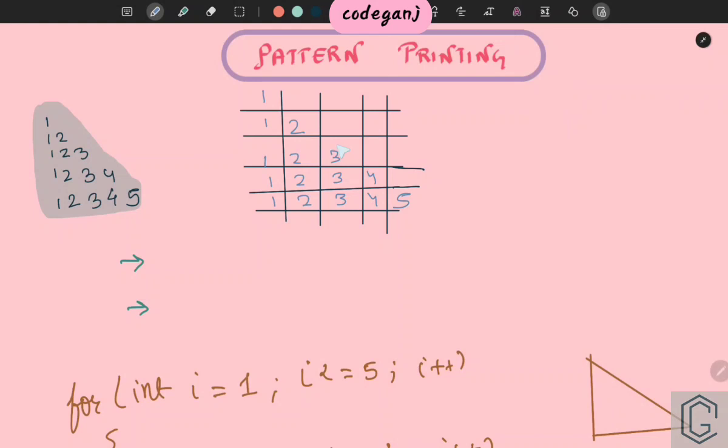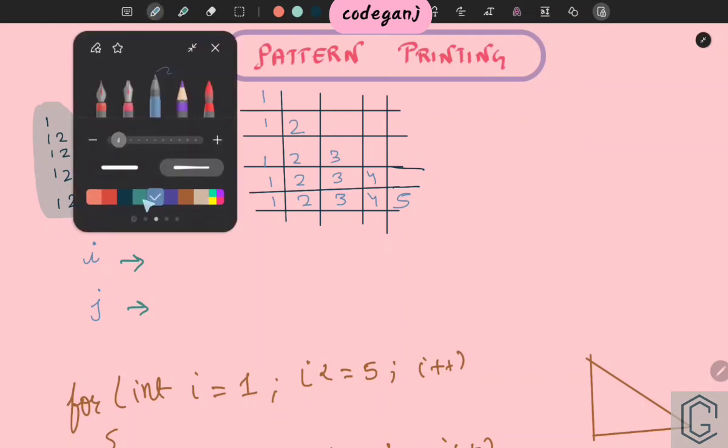So this is the broad classification that I did for you, right? So you know what rows and what columns are. Cool. Now let me tell you one interesting thing. There is one thing called i and there is one thing called j. So what does i control? This you need to keep in mind. What does i control?